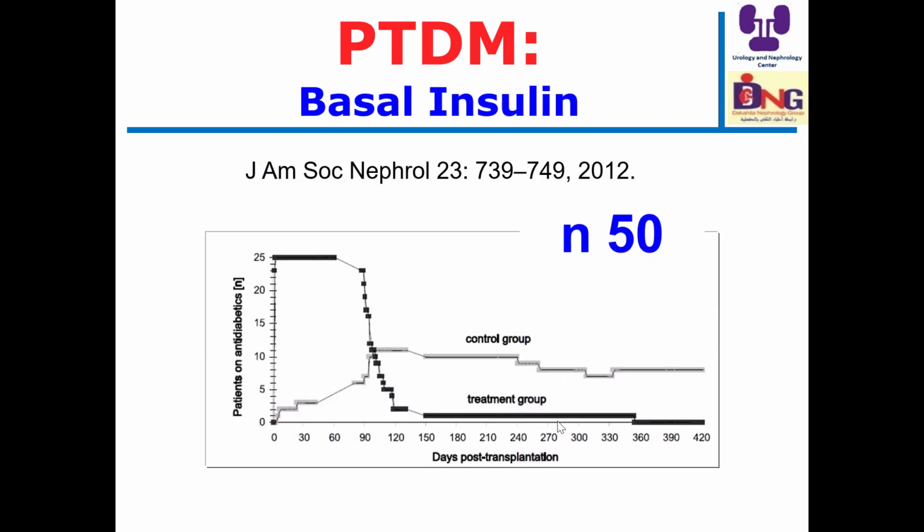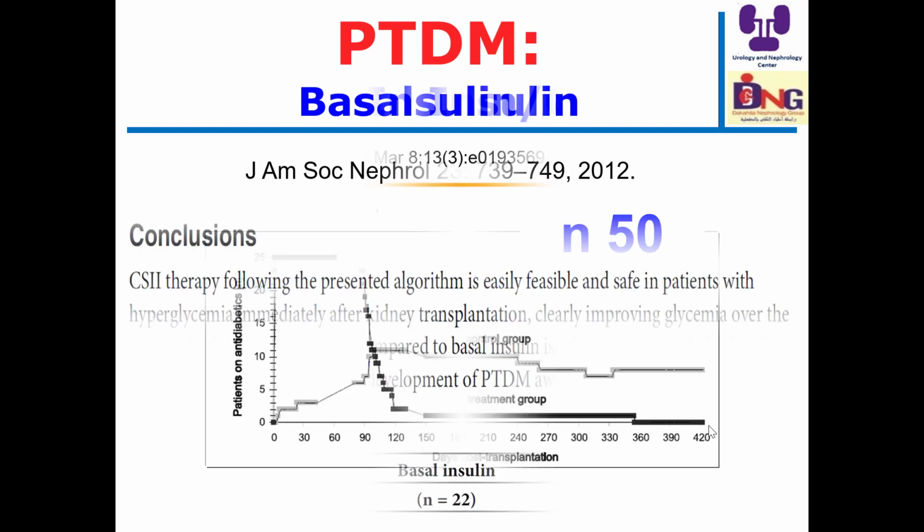But one of the key messages is early use of insulin, especially basal insulin. Here, in this small randomized controlled study, using basal insulin from early days after transplantation reduced diabetes, up to vanishing of diabetes at the end. This is a very important beneficial effect of basal insulin on islet cells. So early use of insulin, especially if we diagnose diabetes from early days after transplantation, may make a big difference as shown here, and I think we are waiting for further studies to prove this concept.